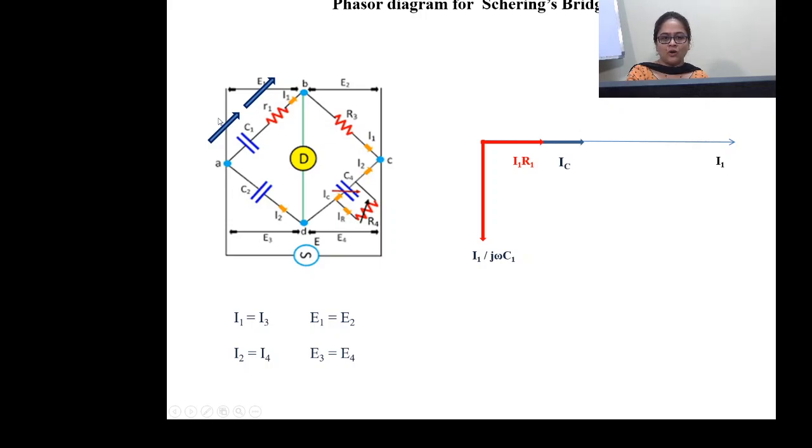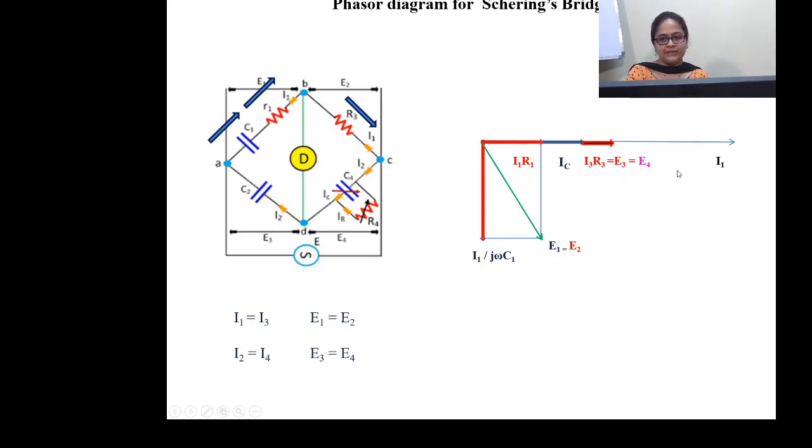So in order to draw E1, we have to add up these two phases. This is given by E1 equals to E2. Okay. Now let's move towards the next part. I'll again want to be very clear that these E2 and E3 have been interchanged. Okay. So let us move towards R3. I1 is the same current flowing through R3. So across R3, the voltage phase will be the same, I3 R3, denoted by E3 and E4.